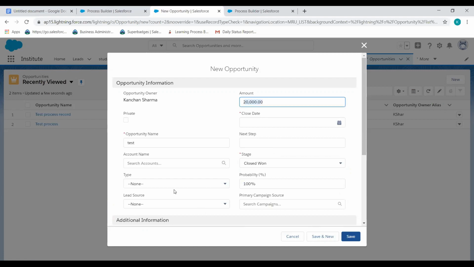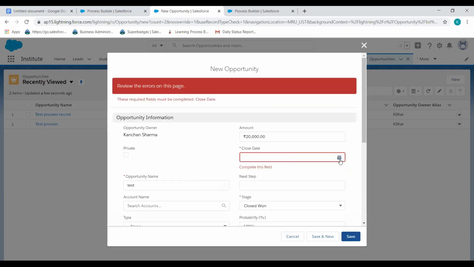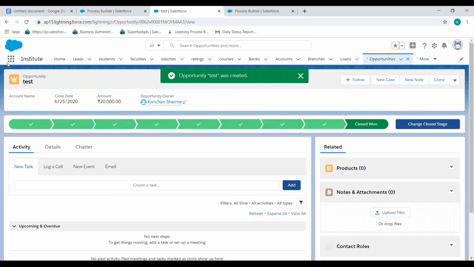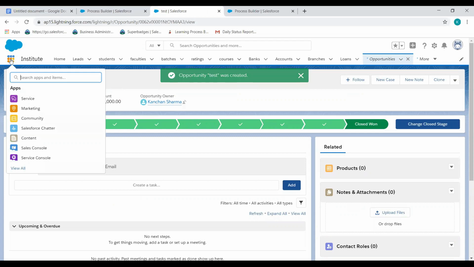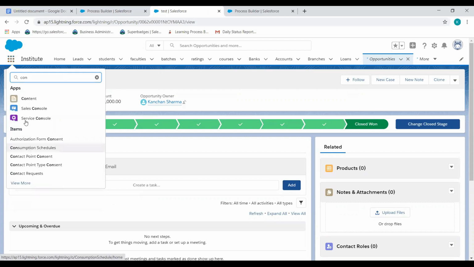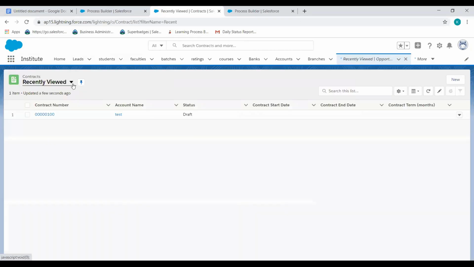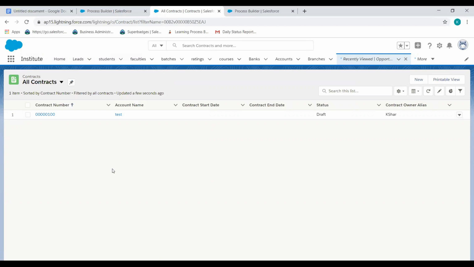So now the contact record will not be created. Now you can see no contact record was created. So a contact record will be created when these two criteria match. Otherwise, it will not create any contact record. So this is the action type, create a record.